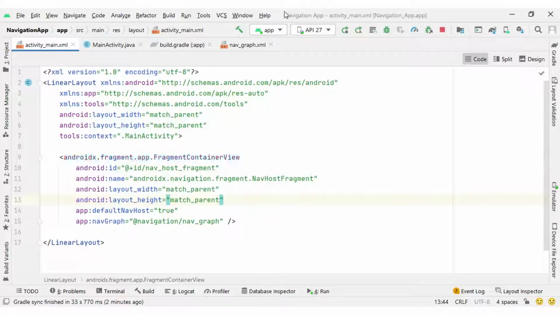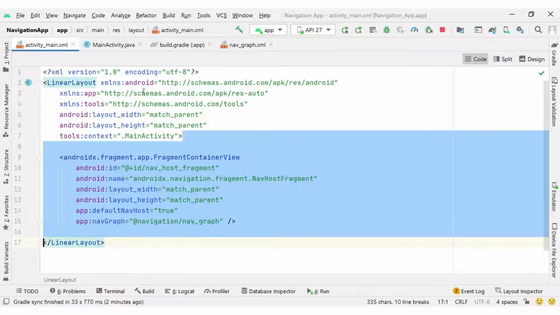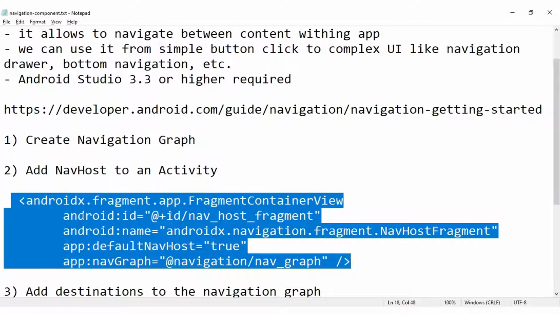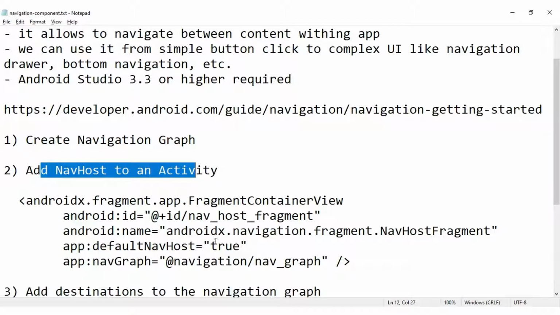So we are done with androidx.fragment.app.FragmentContainerView, and the name of this view will be nav host fragment, and the nav graph, you can see, is the file name which we created recently, the nav graph XML file. So we are done with adding the nav host to the activity.